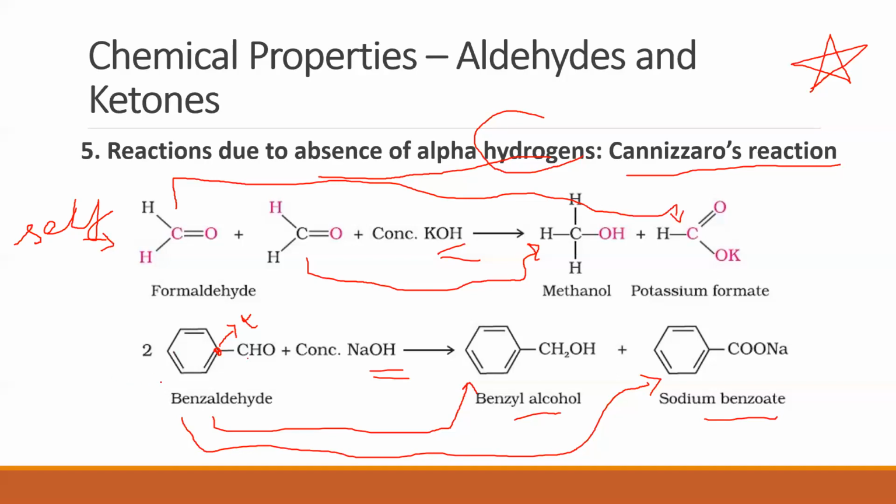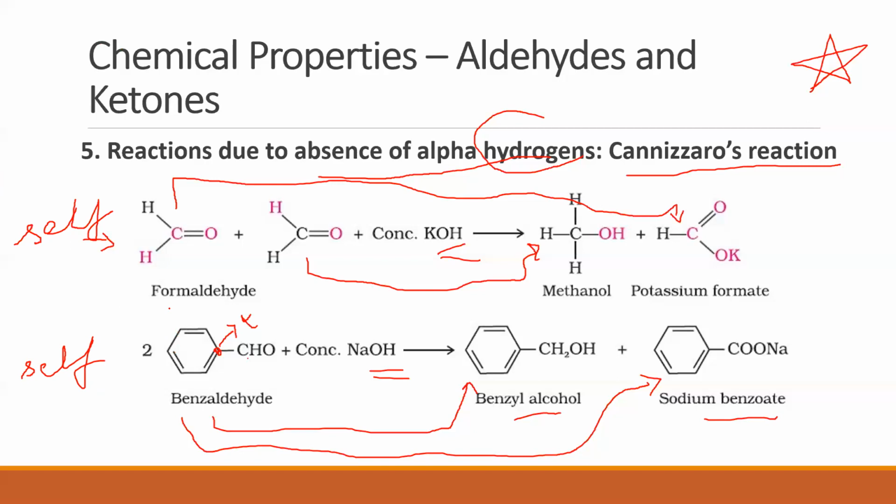Likewise, if 2 moles of benzaldehyde react with each other, then once again the reaction is called self-Cannizzaro reaction. If 1 mole of formaldehyde reacts with 1 mole of benzaldehyde, then it is called as crossed Cannizzaro